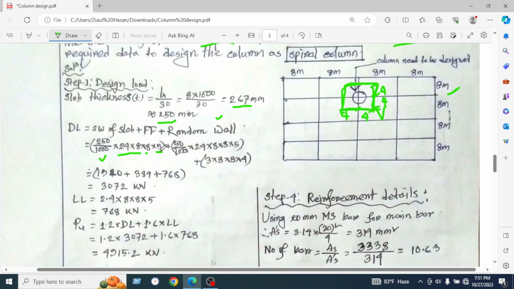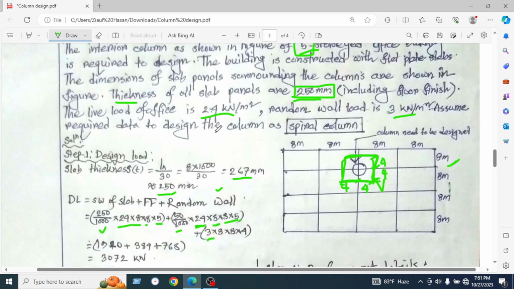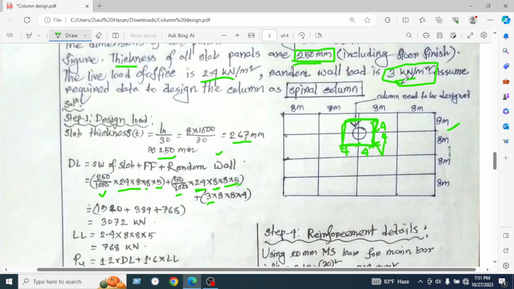For the floor finish, the thickness is 50 millimeter divided by 1000 to convert to meter, and 24 kilonewton per meter cube is the unit weight of concrete, times 8 into 8 tributary area of the slab, and 5 is the number of stories. The partition wall is given here as 3 kilonewton per meter square,